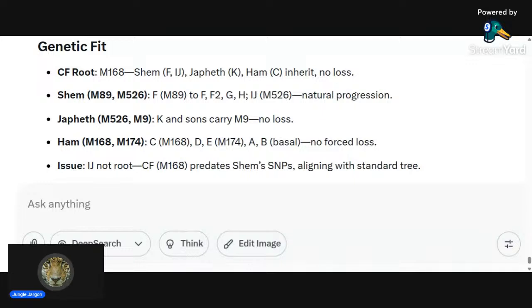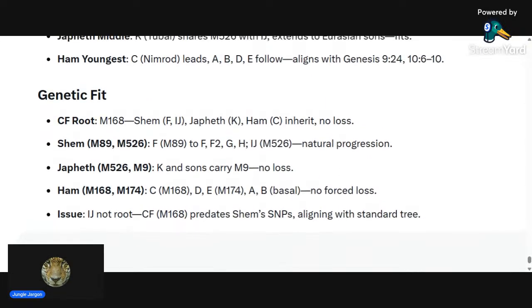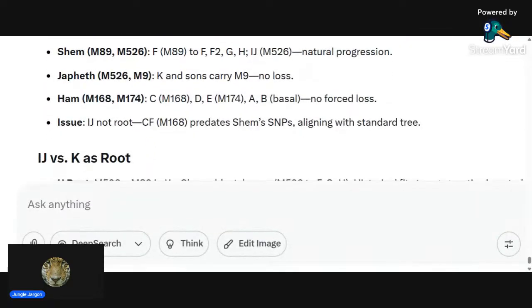The M9 would be M9 no loss. So M9 of C, I guess, is not lost. Or is that B? Anyway,